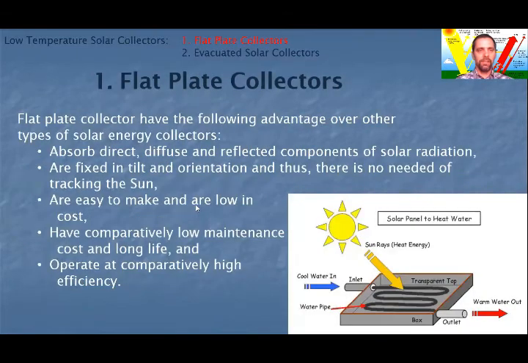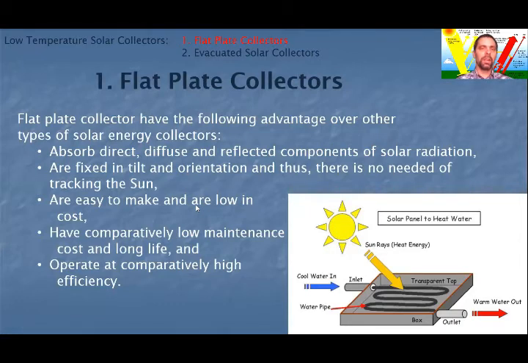First of all, I will explain the flat plate collectors. These are the most common types. The flat plate collector forms the heart of any solar energy collection system designed for operation in the low temperature range from ambient to 60, or the medium temperature range from ambient to 100 degrees Celsius. A well-engineered flat plate collector delivers heat at a relatively low cost for a long duration.